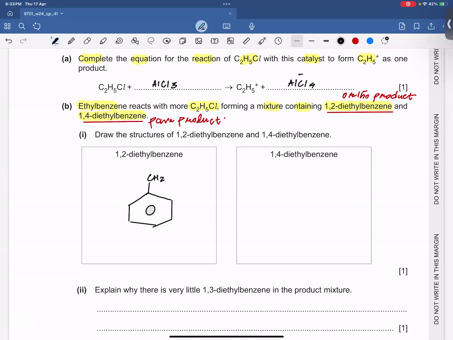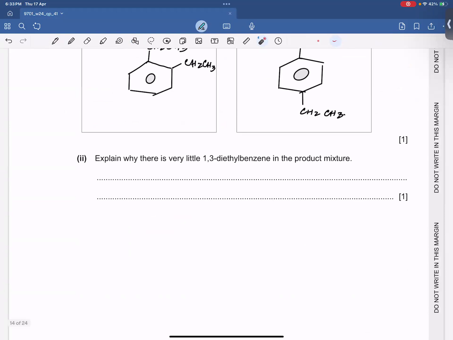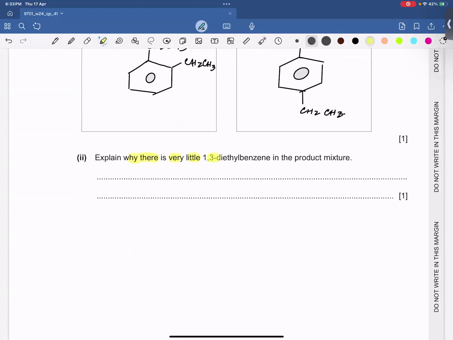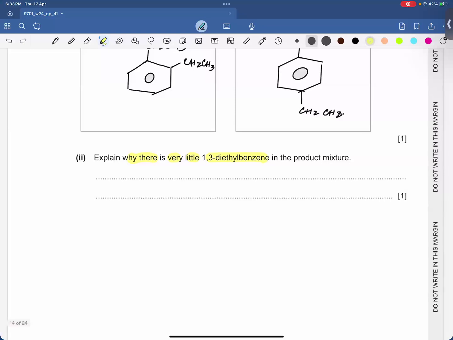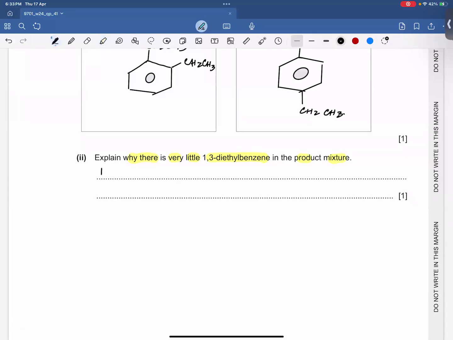This is CH2CH3. This is your ortho product, CH2CH3. And for para, it has to be like this. CH2CH3 and then CH2CH3. All right. So that's your ortho product. That's your para product. Explain why there is very little 1,3-diethyl benzene in the product mixture, because